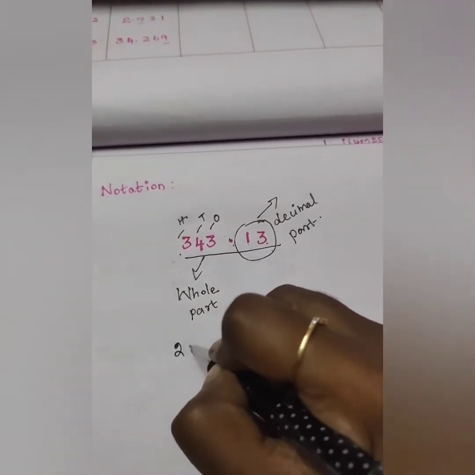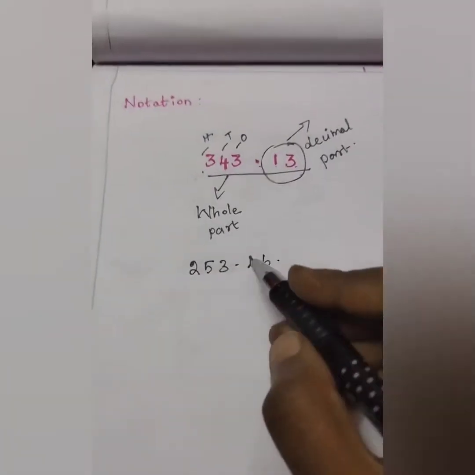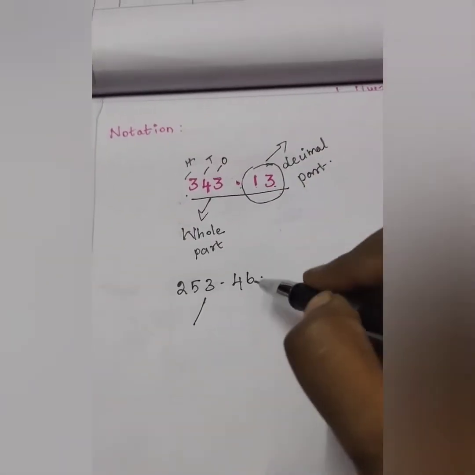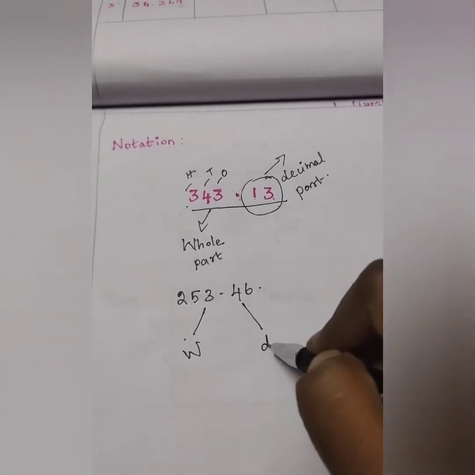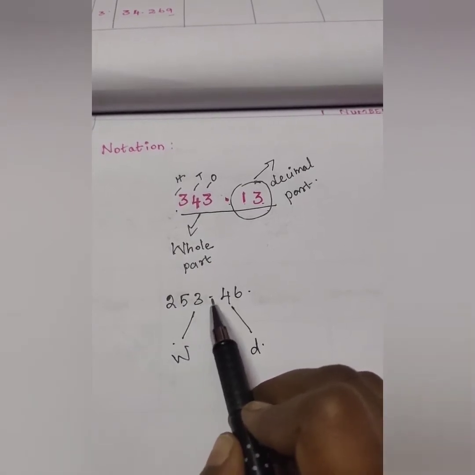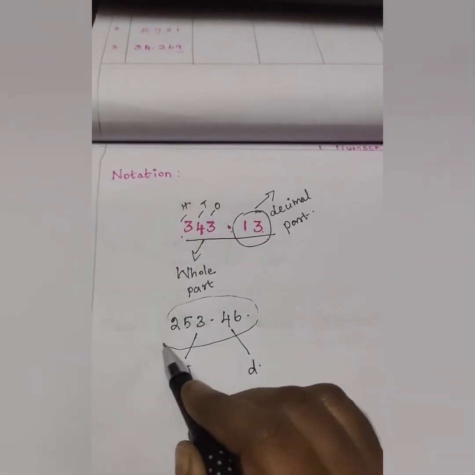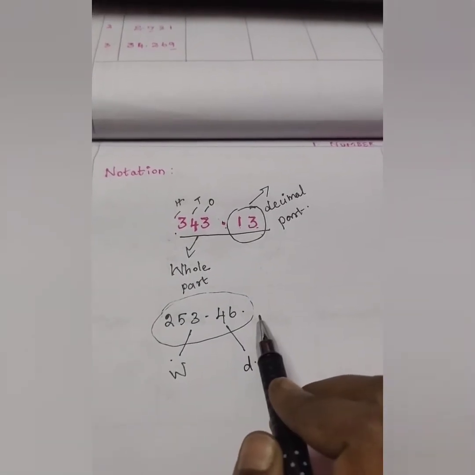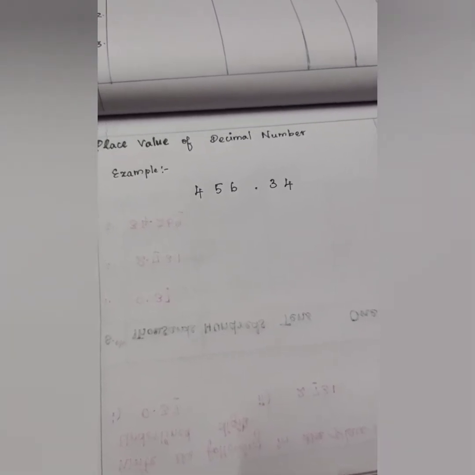For example, 253.46 is given like this. See, like the above sum, it has two parts, one is the whole part and another one is the decimal part. How you have to pronounce it, yes, you have to pronounce 253.46. This is the way of reading the given decimal numbers. Got it? Okay, in the last slide we saw what a decimal number is, how we have to pronounce it and what parts it contains.